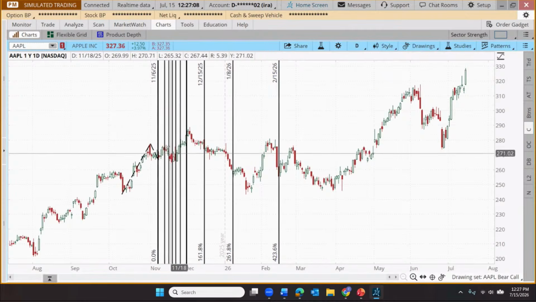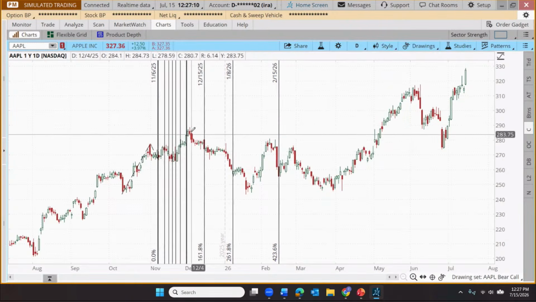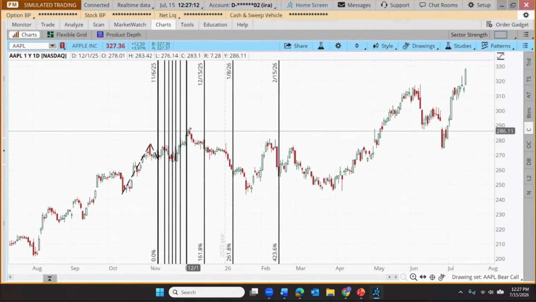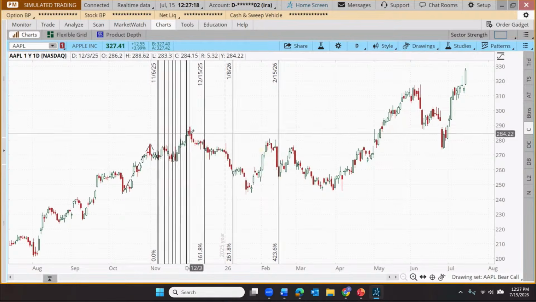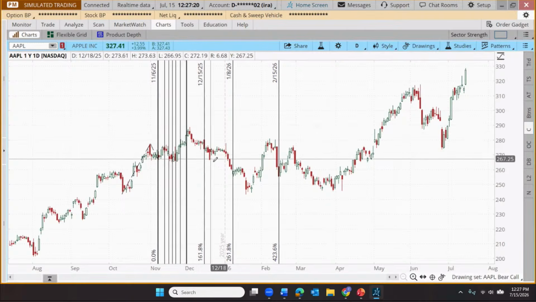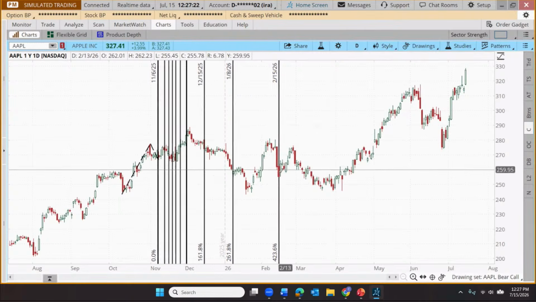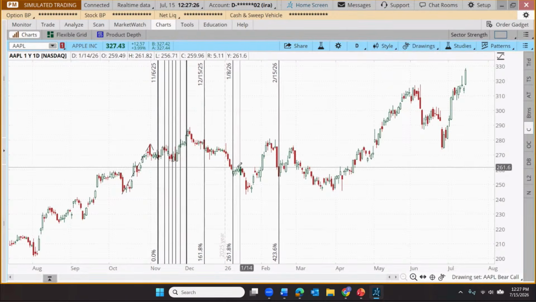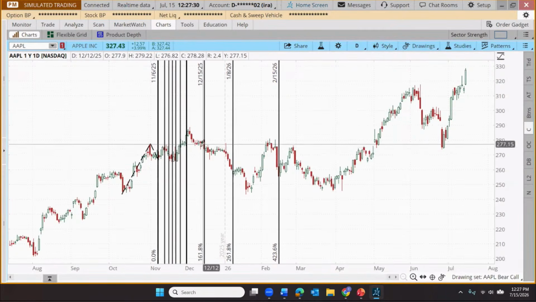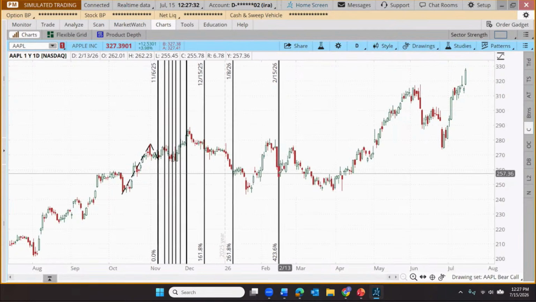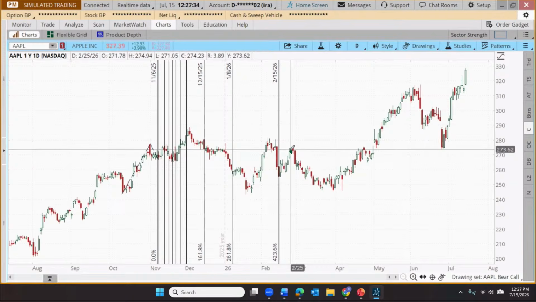All right. In this case, the trader might be looking for, if they're bullish and we start to cross one of those extension lines, maybe that's time to take profits if we're profitable. On the other hand, if we're looking for entries, they might be looking for a cross of one of these extension lines. Here we got a little bit of an entry. It didn't really work out very well. This one we kind of flagged sideways for a while after crossing that extension line. In this case, we started to rally.